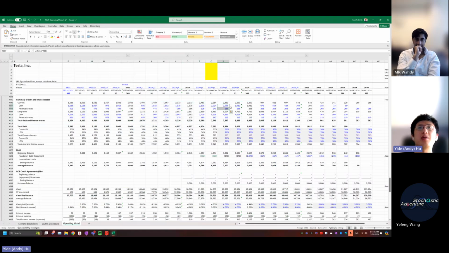So I break it apart, and the numbers work out, it all adds up. But when I'm doing forward-looking calculations, I'm a little bit confused on how I put these things back together, because I remember on our previous models we just used a factor to grow the debt and finance leases,